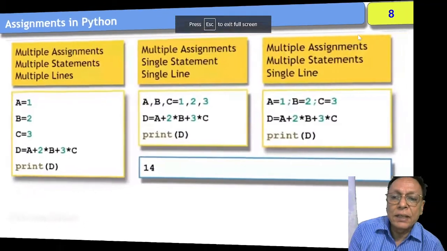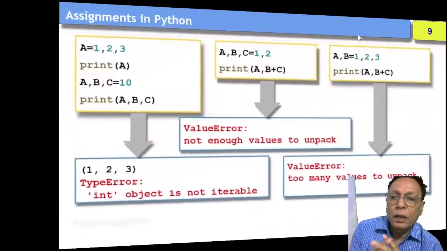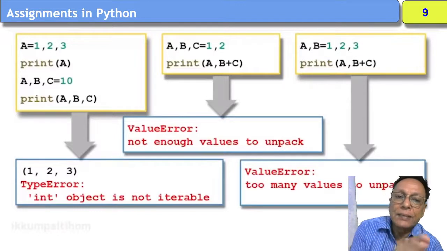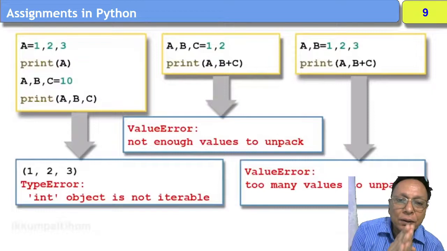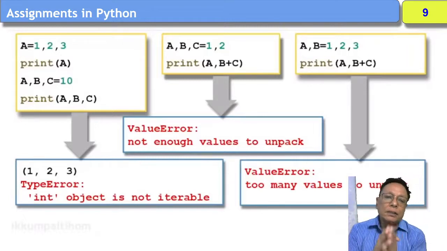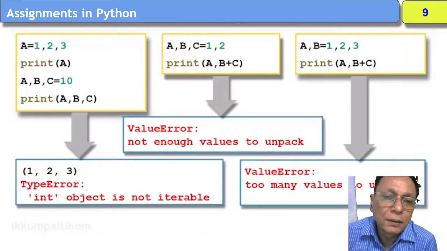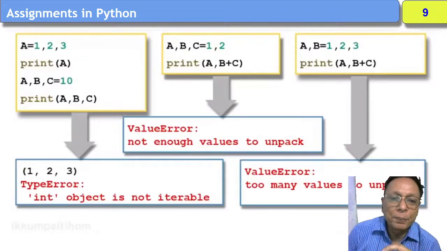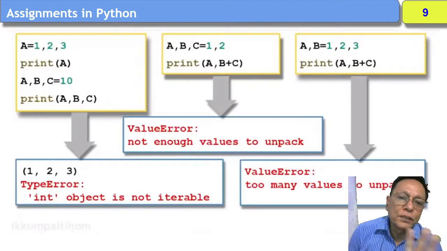Next slide says, if you are going to assign the values like this, A is equal to 1, 2, 3. So over here, 1, 2, and 3 are not integers, because A is an identifier. 1 is an integer, 2 is also an integer, 3 is an integer, but A will hold these three values,